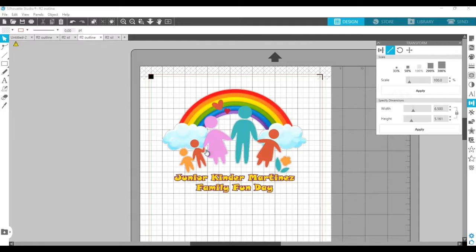For example, for the rainbow, each line that separates the colors, the hearts, the circles, it might cut through those, not just the outline